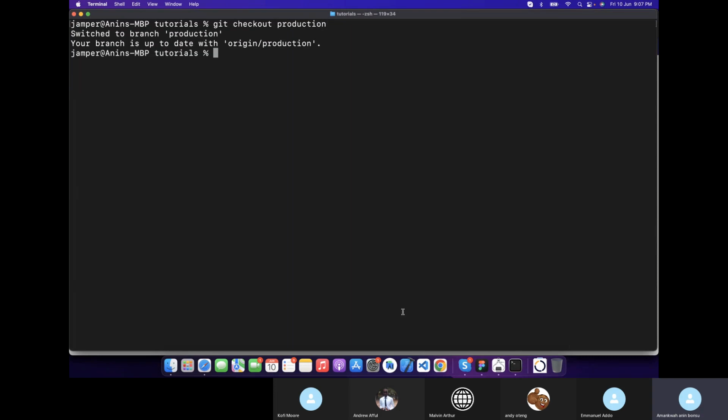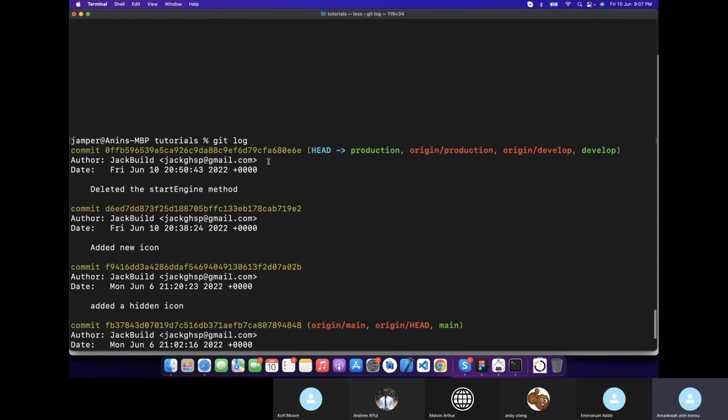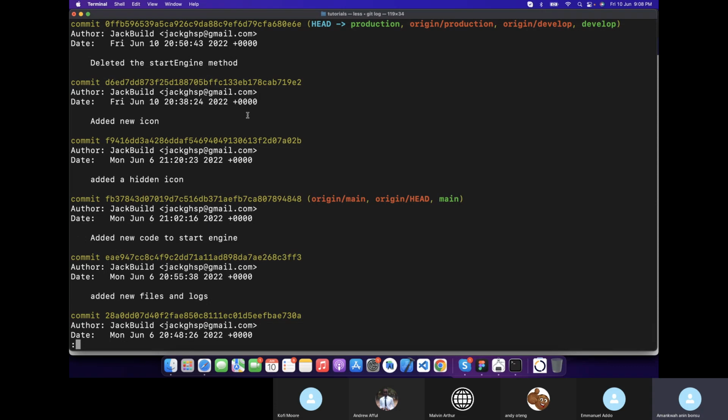So now I'm on production branch. Let me do git log to get all the logs on production. Yes. So now I have all these logs on production. And assuming I don't want to merge all these commits to my main branch, and I just want, let's say,